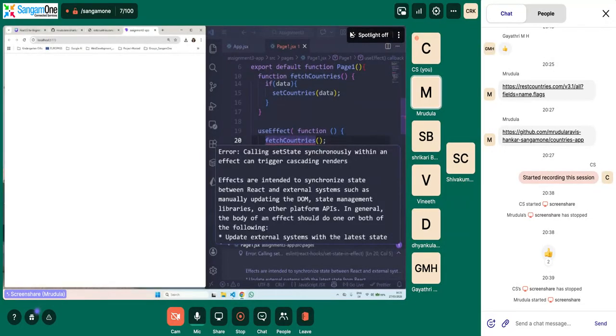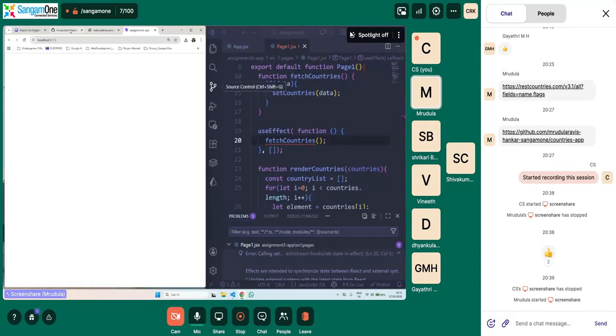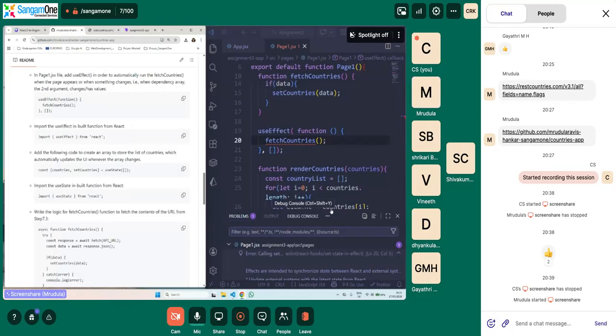Calling setState synchronously within an effect can trigger cascading renders. Okay, so now what is happening is it is just displaying a blank screen. That is because it might take a little bit of time to fetch data from another PC or system and load it into our system.